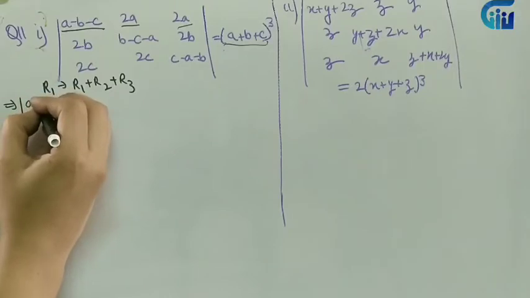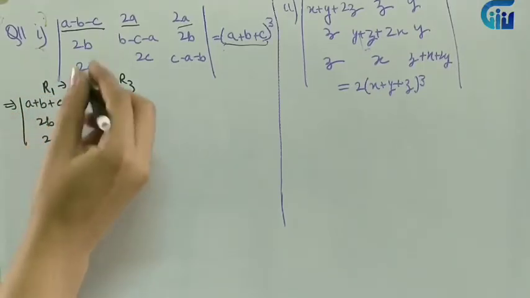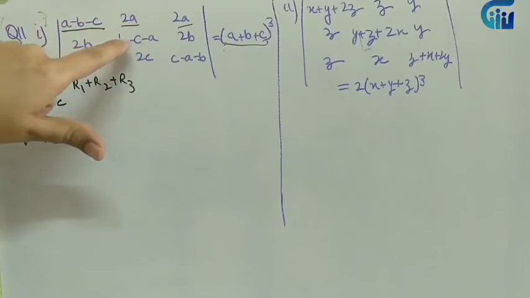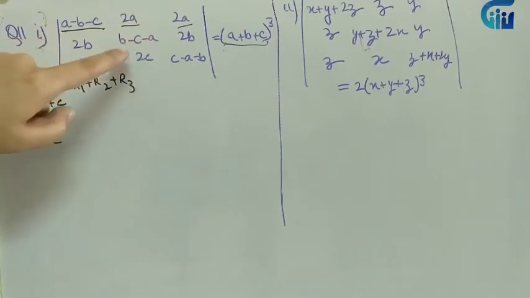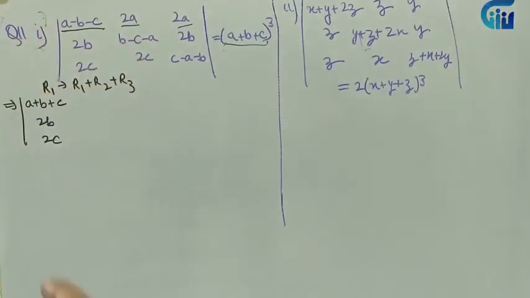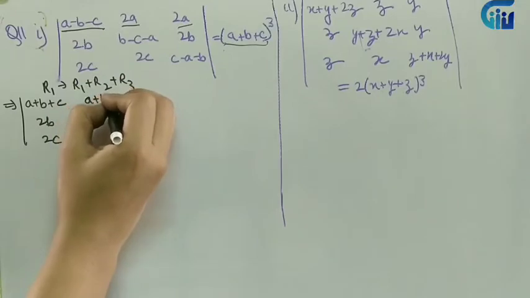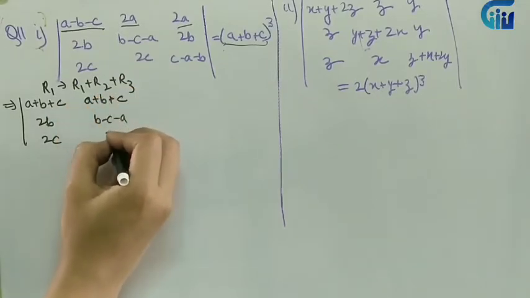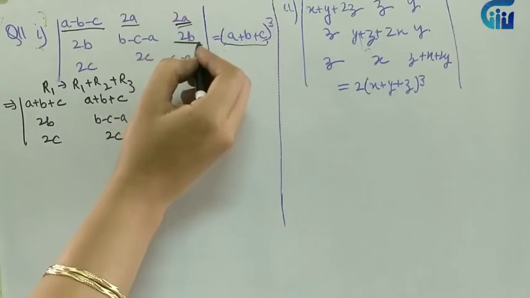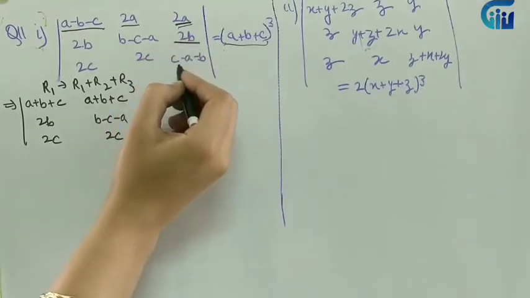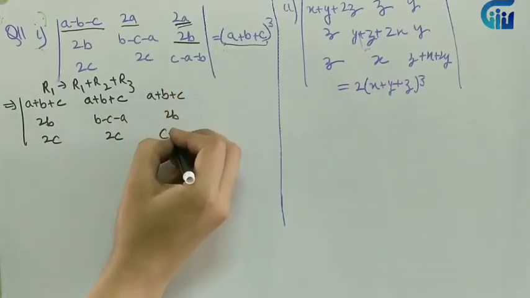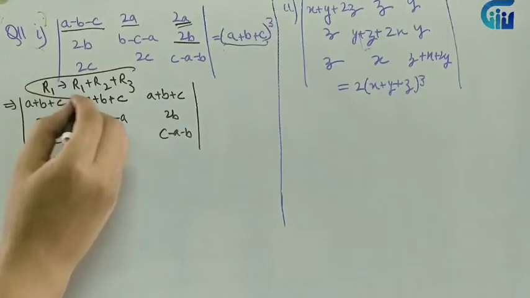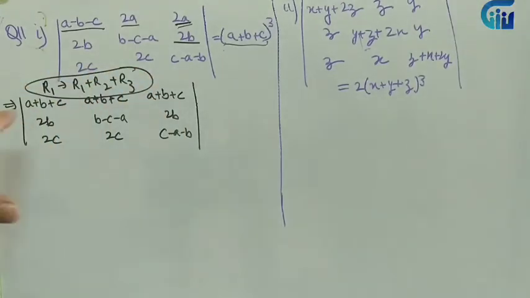This will be A plus B plus C. Other elements will be same. Over here, let's see what I am getting. 2A minus B minus C minus A minus 2C. 2A and minus A will become A, minus C and plus 2C will become plus C. So again I will get A plus B plus C. The rest of the elements will be same. Over here, 2A, 2B, minus A minus B will give me A plus B plus C. So again I will get the same result. See what we are getting. What was the point that I was emphasizing on? If I am applying this operation, I have to be sure that I am getting all the elements same so that I can take it common and make ones.